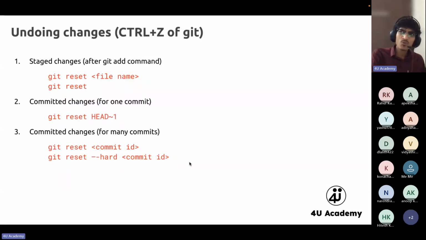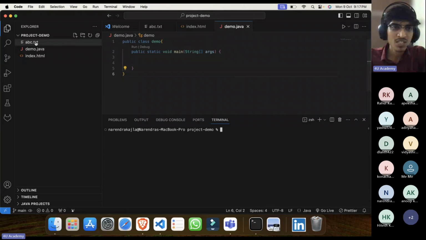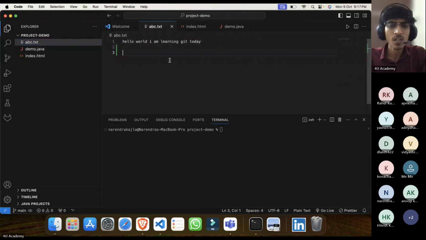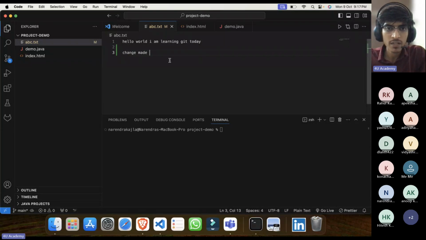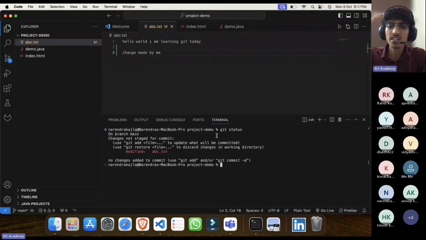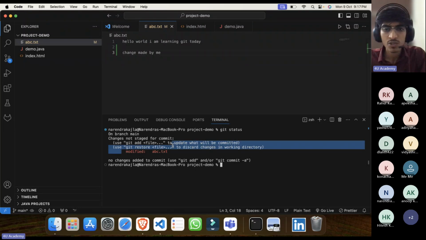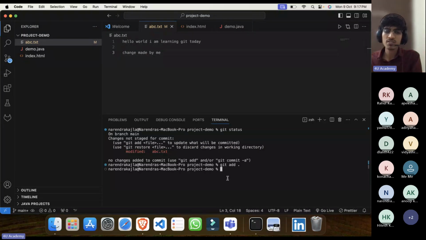Now, where is that Control Z we were talking about? Let us understand that now. Suppose I am making some changes here. Let's say I made one change, git status. You don't need to check status again and again, I just want to show you. You can directly go to git add. So I modified one file. So git add dot. Now I sent it to the stage, but suddenly I realized no, come back.